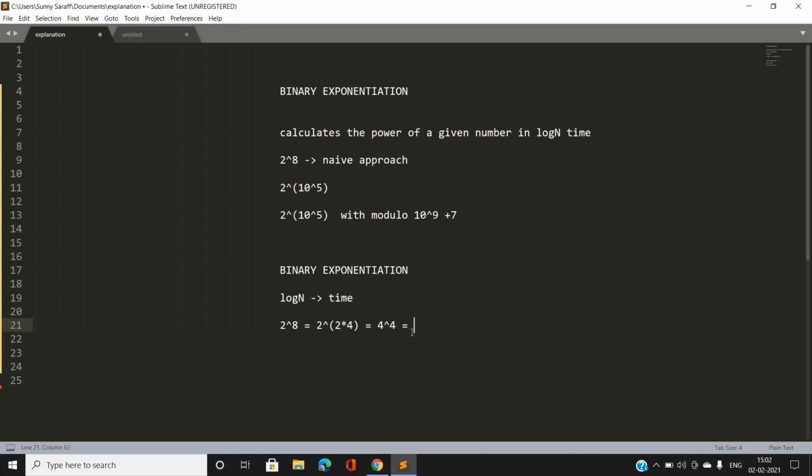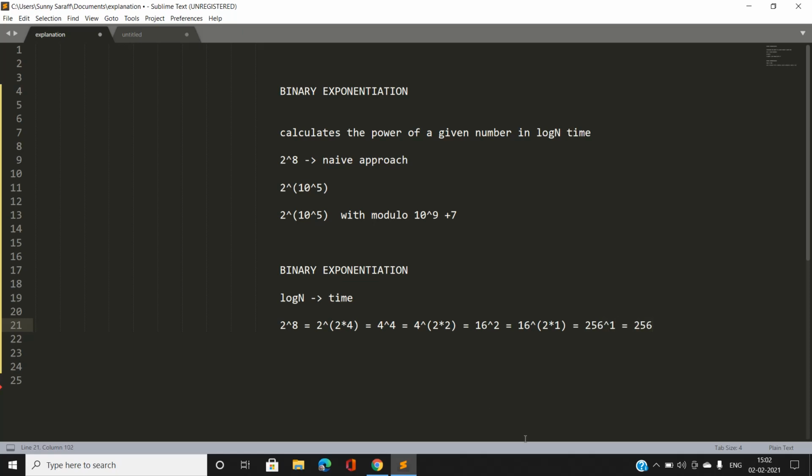Again you can see that 4 power 4 can be written as 2 into 2, so our new statement would be 4 power 2, that is 16 power 2. And again 16 power 2 can be written as 16 power 2 into 1, which can be written as 256 power 1, which is actually 256.